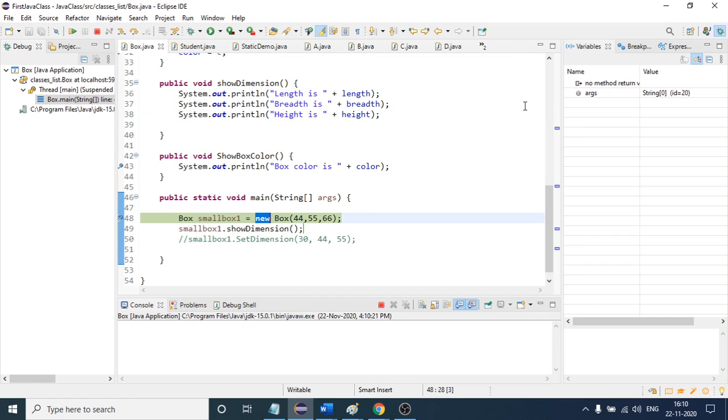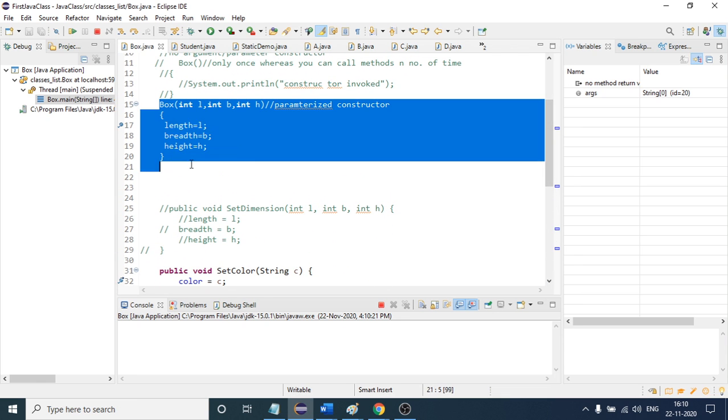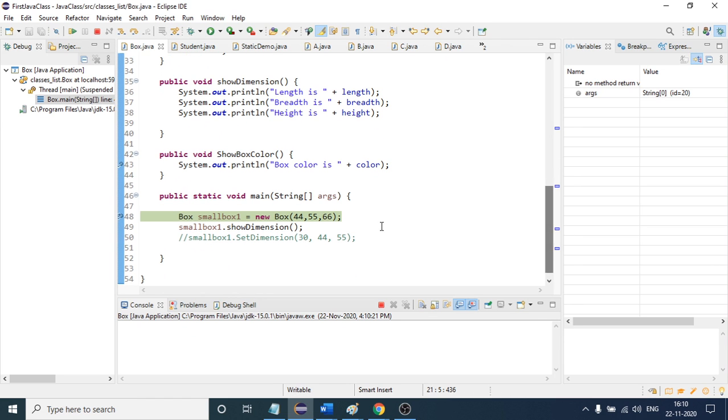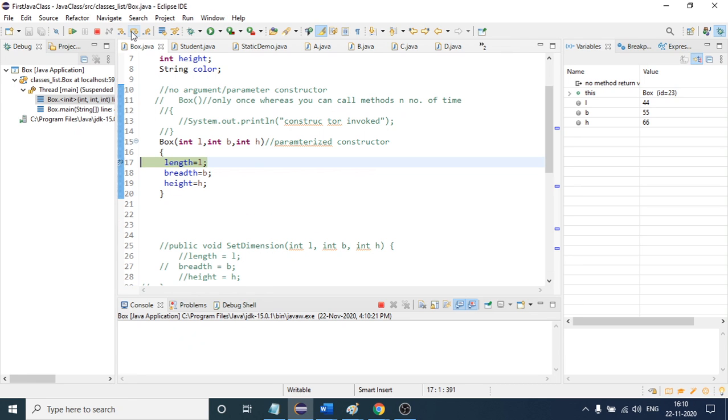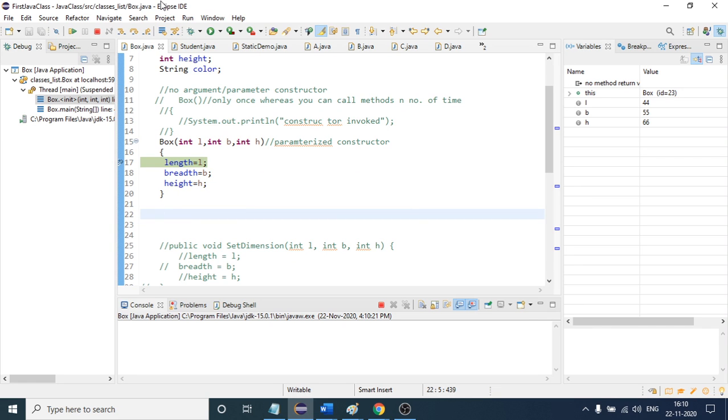It will create one object, but as soon as this object is created, automatically this constructor, which is nothing but the parameterized constructor, will run automatically, and it will set the values we have passed here. If I show you, click this, you can see automatically this will be invoked and it will set the value,